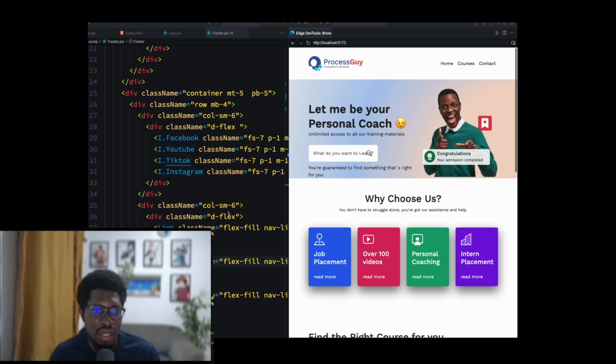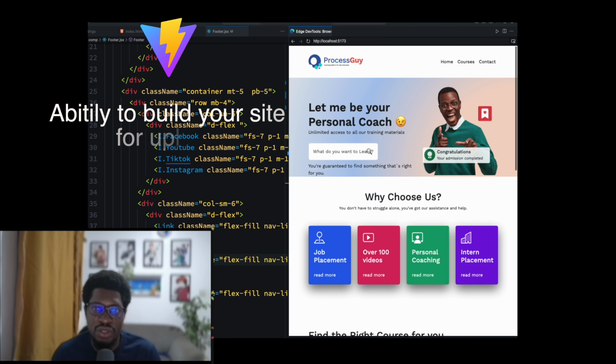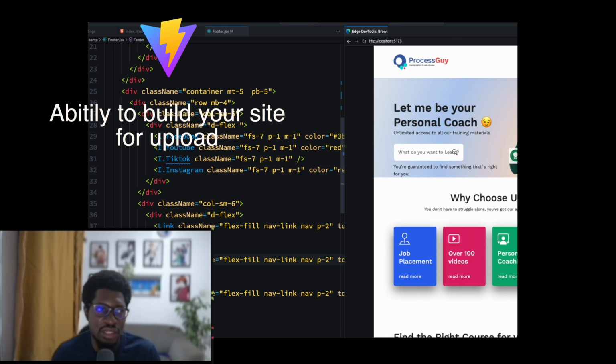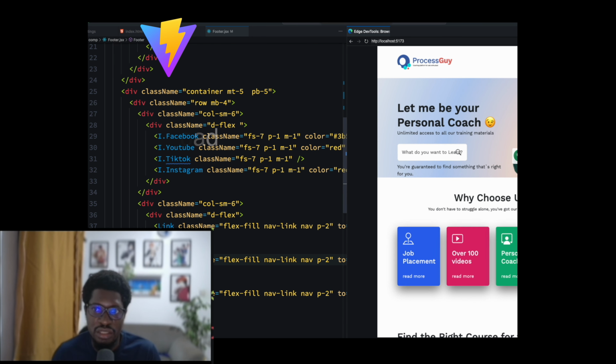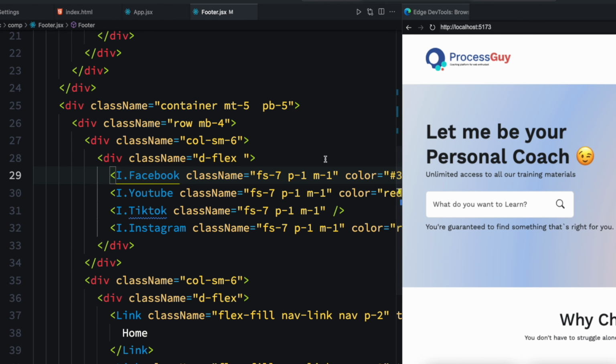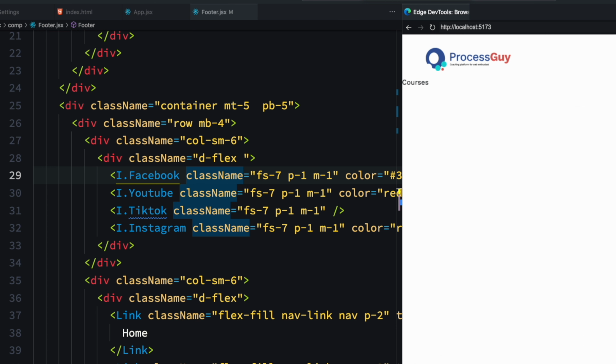can use it. All this while, we've been using Vite to develop what we've done. And Vite also has the ability for you to upload your content to the internet, and that's what we'll be exploring in today's video. Okay, before I go ahead, I need to disable the courses section because this courses section